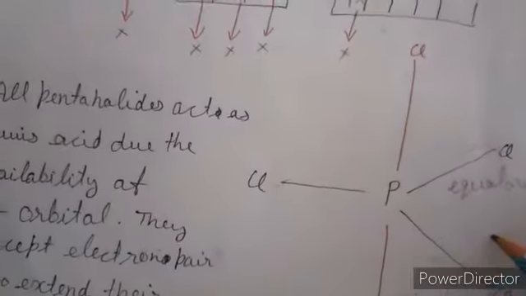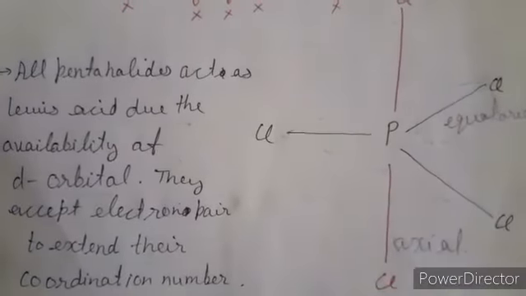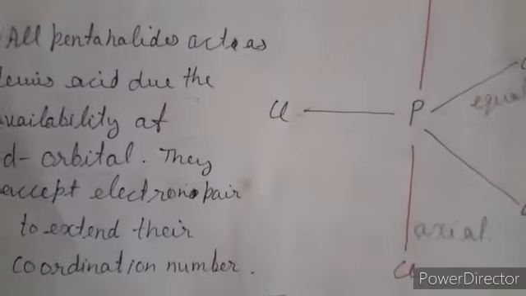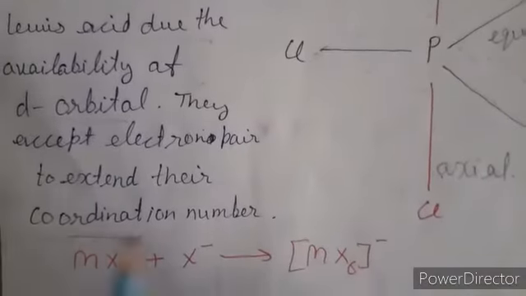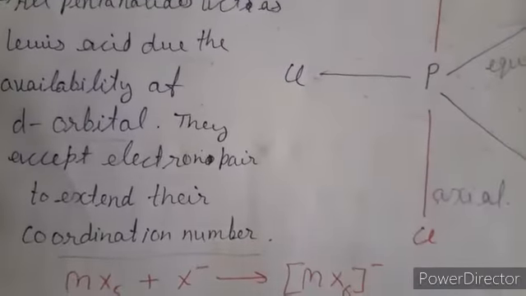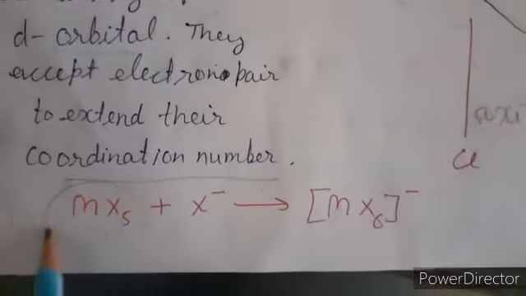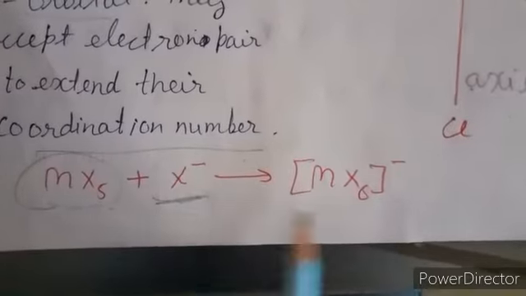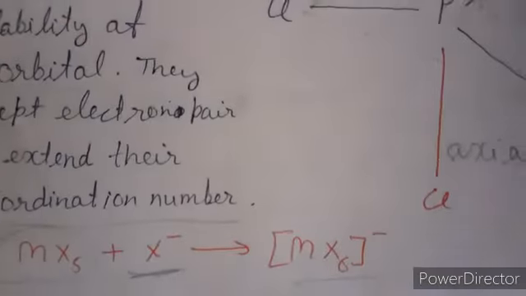This question is very much important. So all the pentahalides act as a Lewis acid due to availability of d orbital. So जिन्ने भी साढ़े को pentahalides ने they act as a Lewis acid. Why they act as a Lewis acid? Because due to availability of vacant d orbital, क्योंकि खाली orbital available ने जिहदे च साढ़े को easily accept कर सकते हैं electron pair to extend their coordination number. सो किसी भी halide तो negatively charged atom या ion तो साडे कोले electrons आ जिहड़े वो occupy लै सकते हैं। सो इस करके दे act as a Lewis acid. सो MX5 when react with halide ion it forms MX6 जानी अपना coordination number 5 तो 6 ਦੇ ਵਿੱਚ change कर लिया। क्लियर।